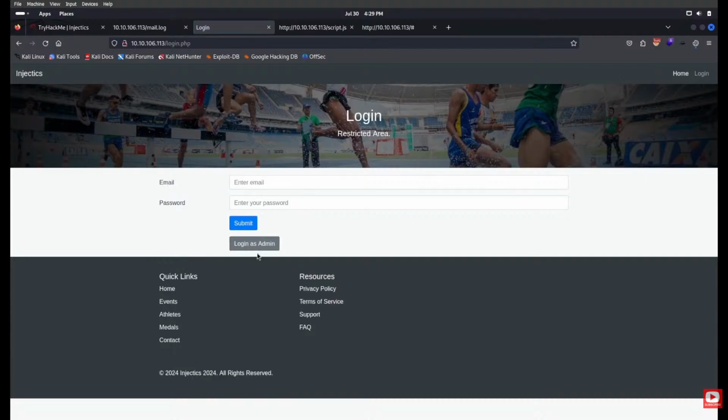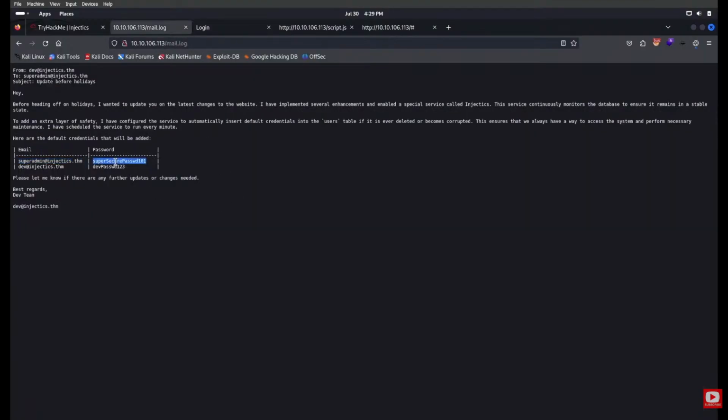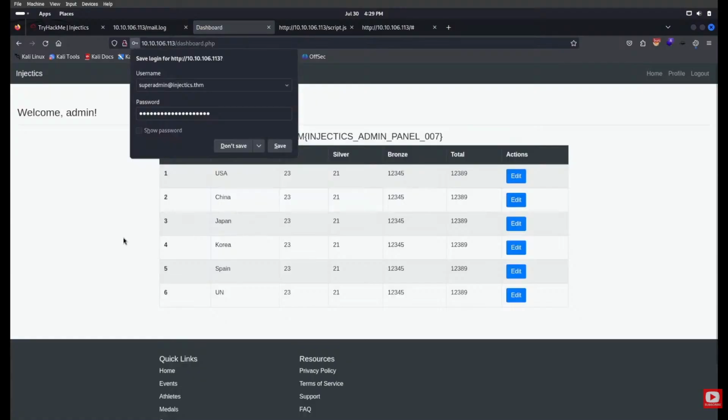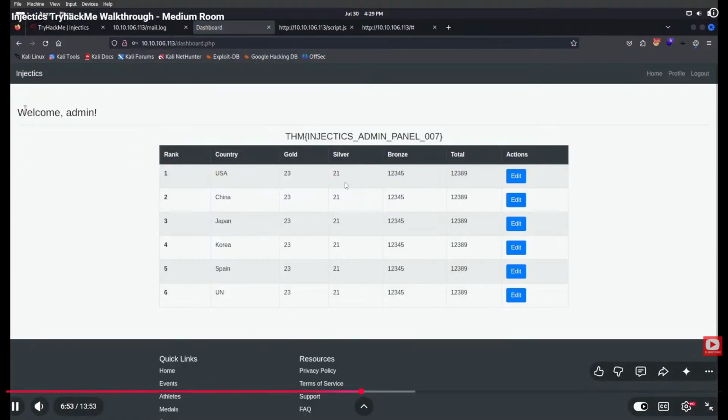We had two functions already. I forgot to show that. We have normal login and login as admin. If you click that, paste the email over here and the password. Paste and submit. Now we have the flag one and also